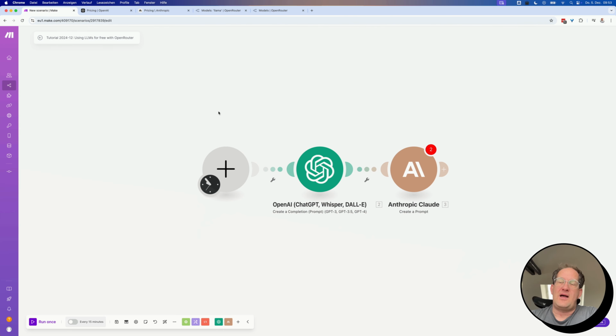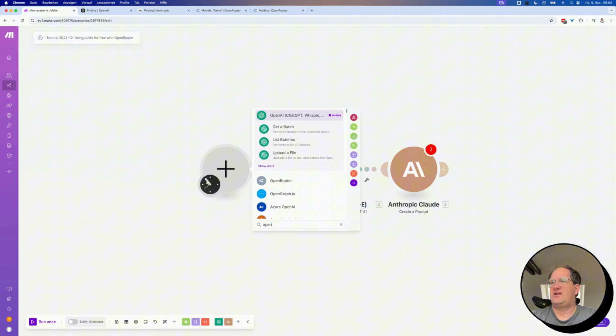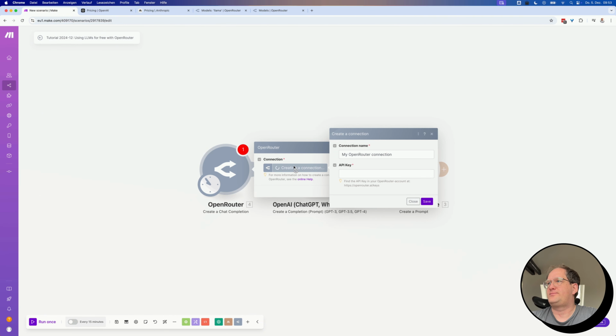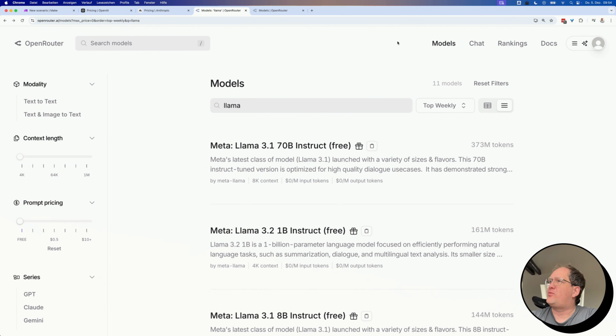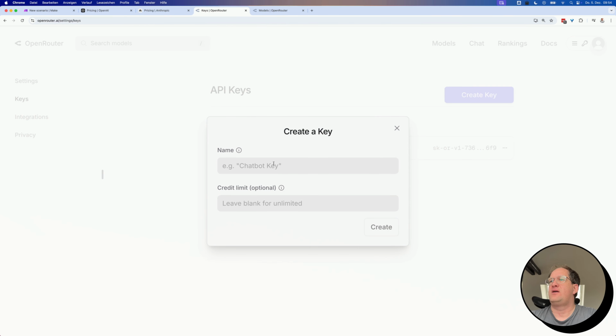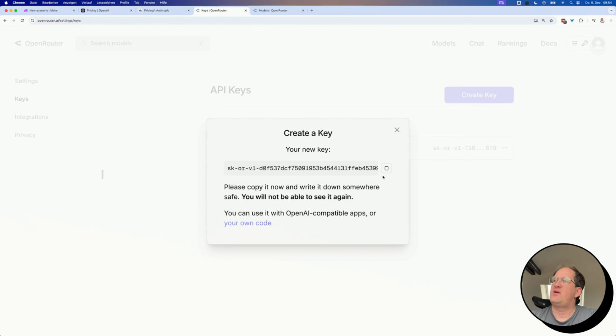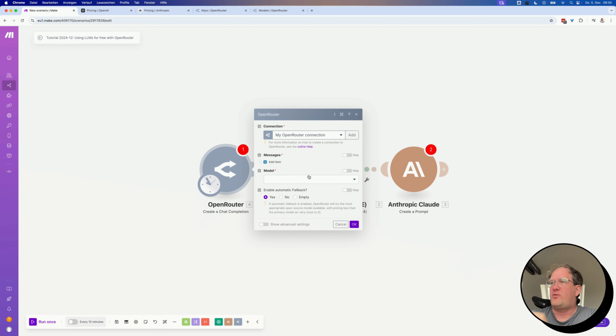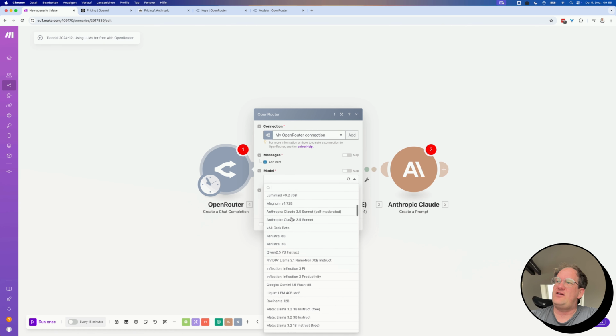That's really easy. I'm back in Make, and I'm adding OpenRouter as a new module. And conveniently, they are already integrated with Make. So I'm just choosing Create a Completion, and now I'm creating a connection to OpenRouter. I'm clicking here, so I'm jumping back into OpenRouter. I'm going to the top right profile where it says Keys. Create a new key, give it any name, and create. Then you copy this key, go back into Make, and paste it into the key field. And just like that, you've created a connection between Make and OpenRouter,